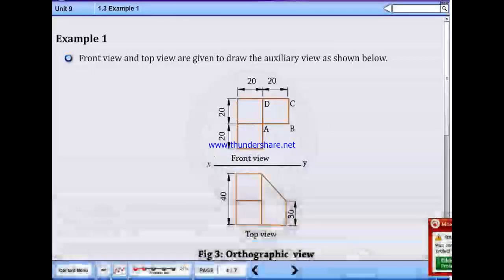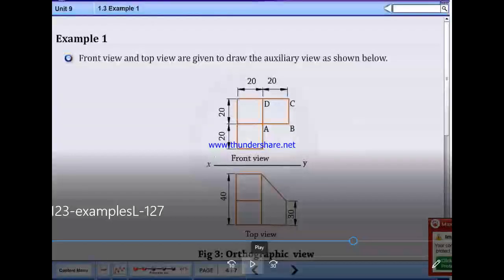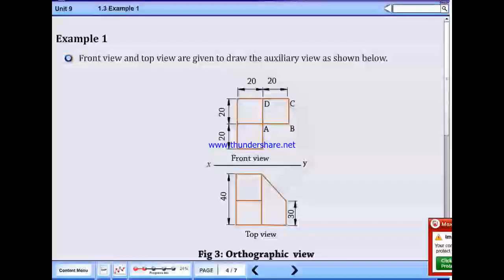Example 1. Front view and top view are given; draw the auxiliary views as shown below. Note on the figure.